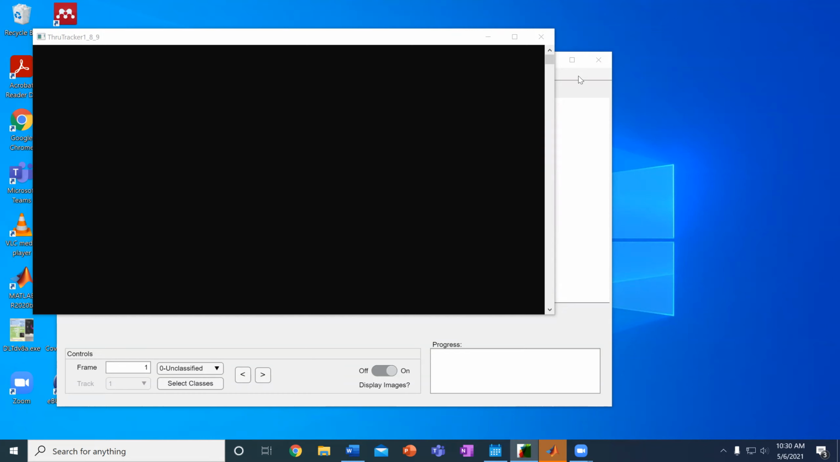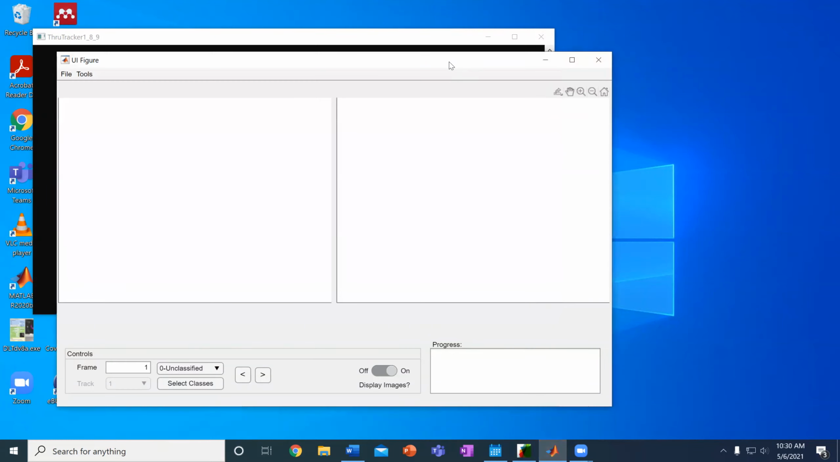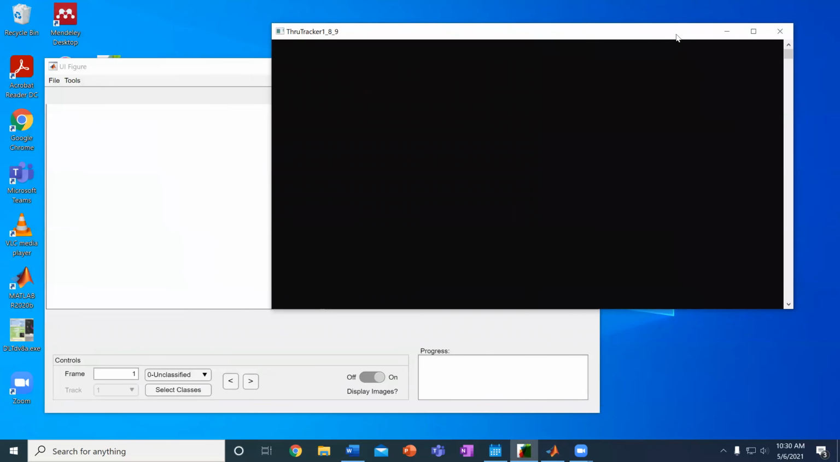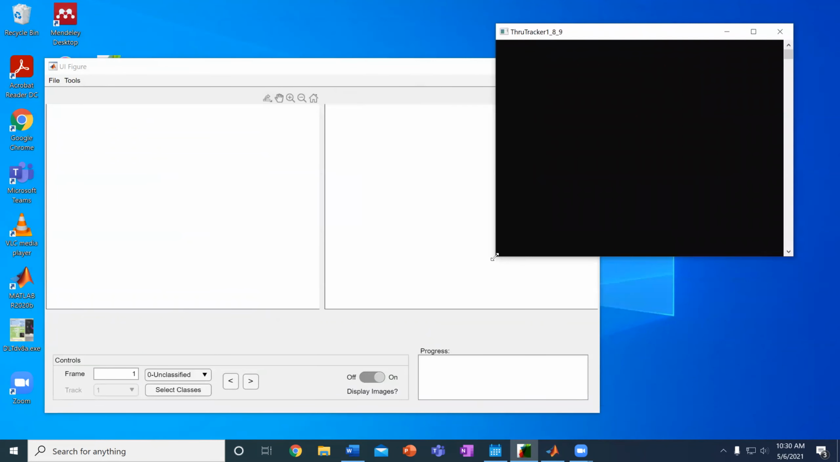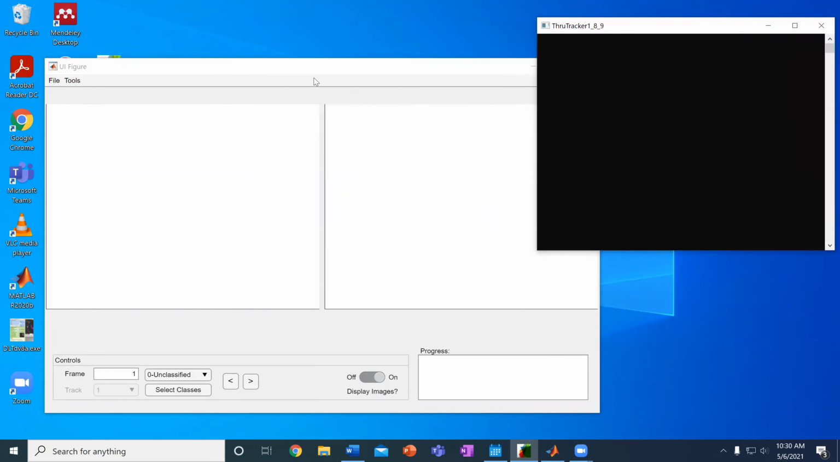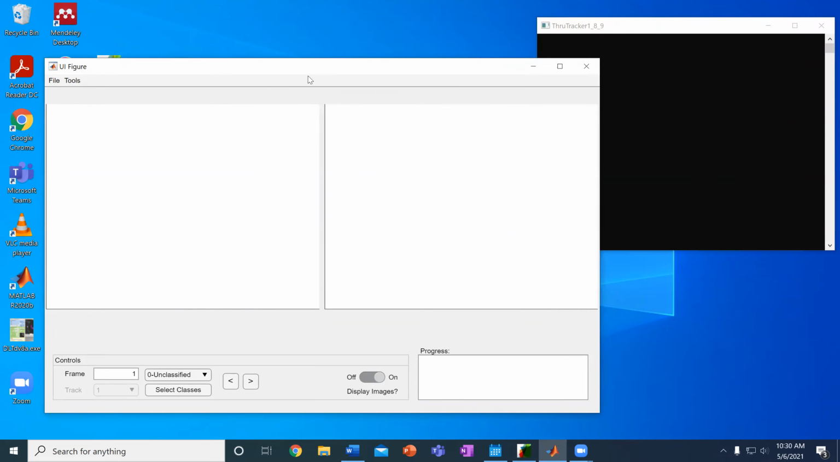When you open up ThruTracker, there's going to be two windows that open up. This is your main window, and then there's also a secondary window that's going to provide some information, so you can kind of keep that handy in the background. Now, first thing you're probably going to want to do is process a video, so I'll show you how to